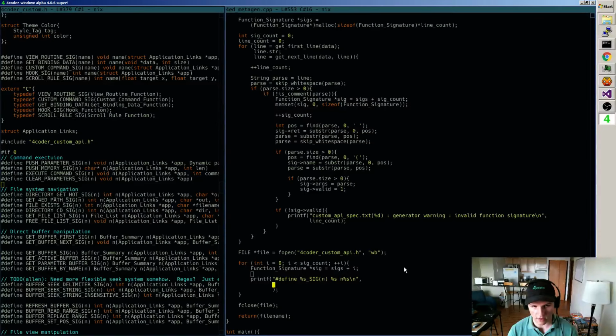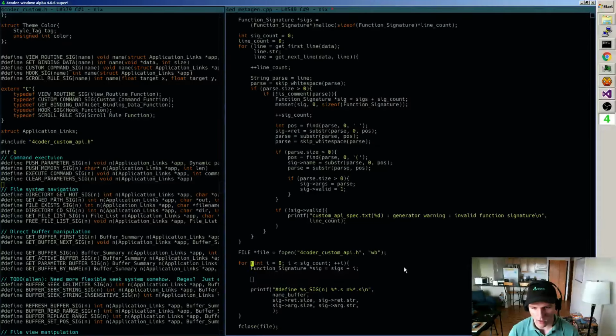Here we're going to call this like name buffer, and then these ones I can do with sort of star dot type thing where I go sig ret dot size, sig ret dot str. Same thing with the arg.